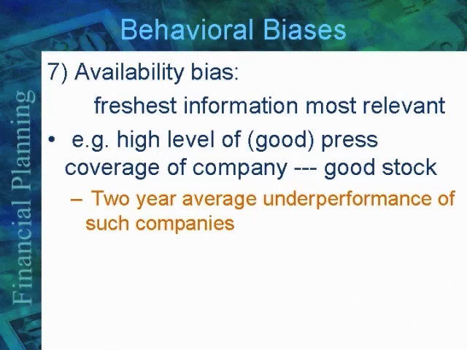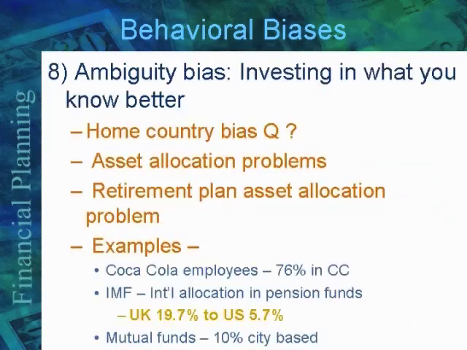When we do that, we are reacting to what we see in front of us and not what reason suggests. Go and look at the future cash flows, find the appropriate risk-adjusted discount rate, then find the present value of those future cash flows. That's the rational method. How many of us do that in anything that we are doing? So that's why we come to the question, how systemic or how deep is this problem? Here's another one, ambiguity bias.